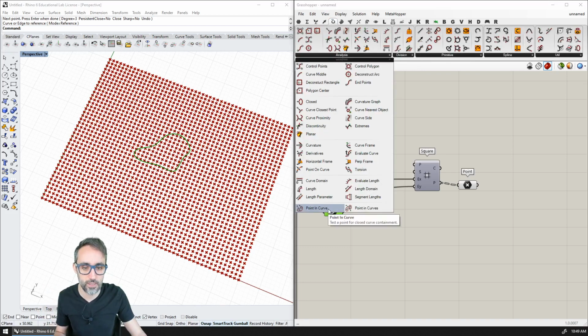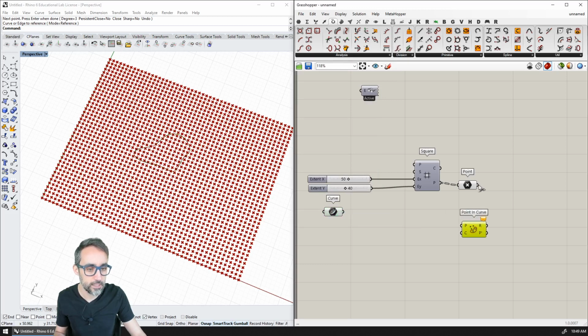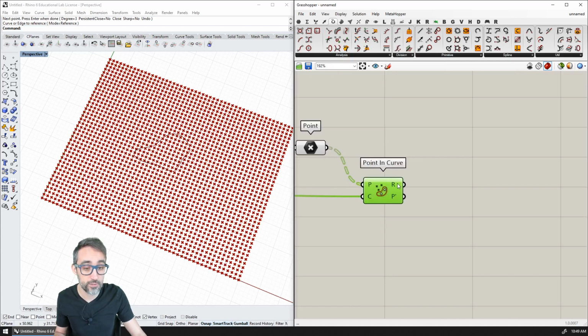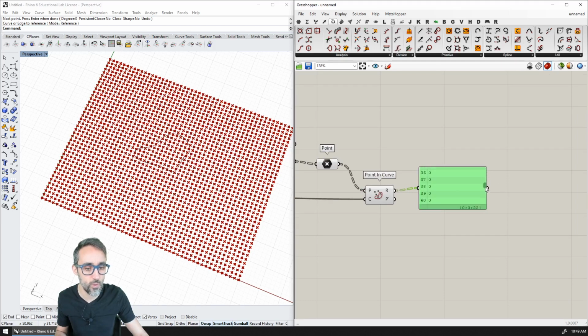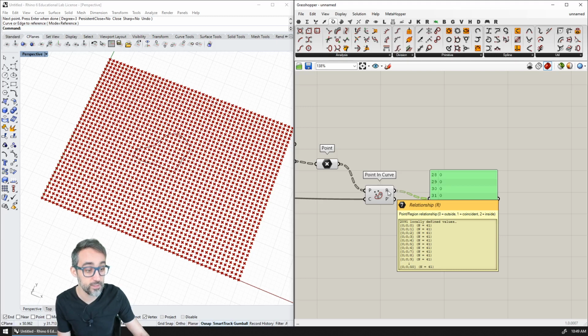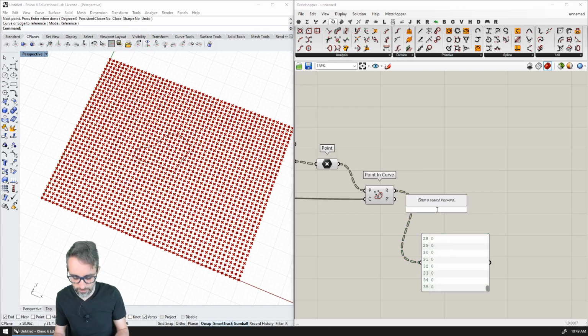So for example, are these points inside of this curve? I'm going to get results from 0. Let's plug in a panel here. The results are 0s, 1s, or 2s. If you remember, 0 meant outside, 1 was coincident, and 2 was inside. So I'm going to check if